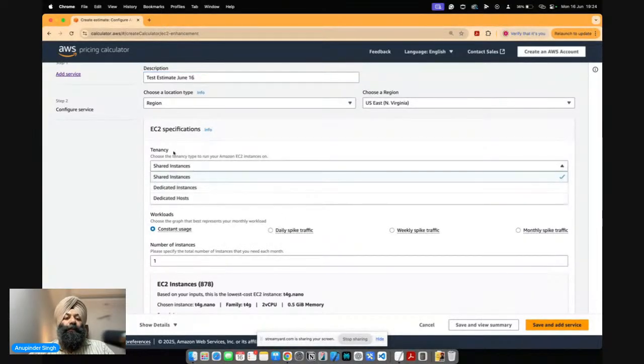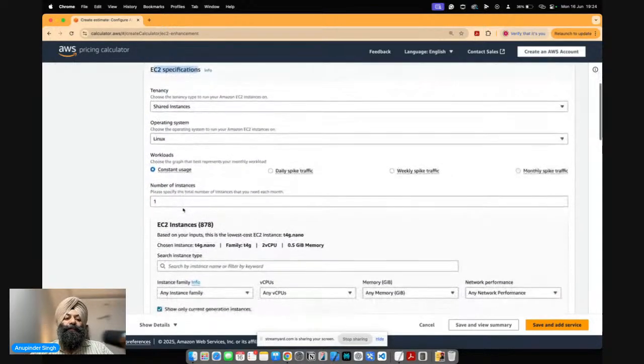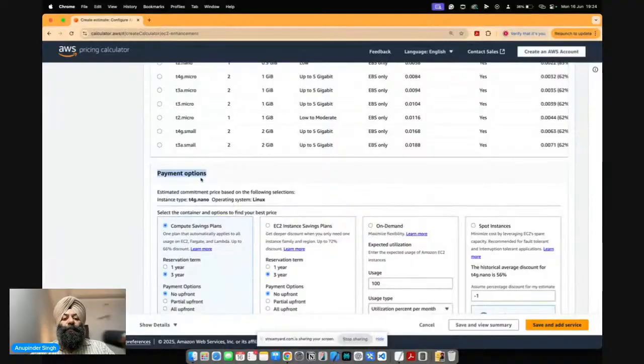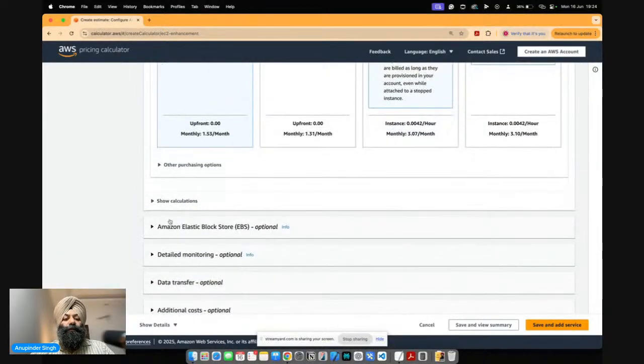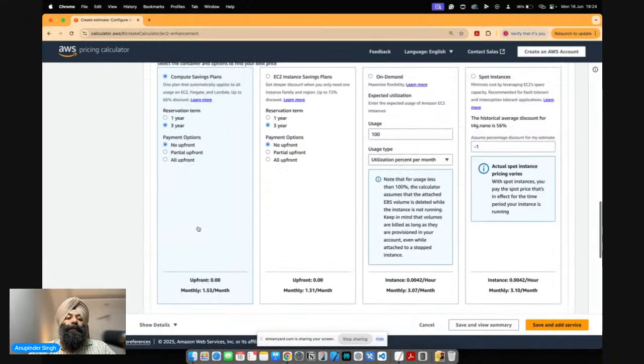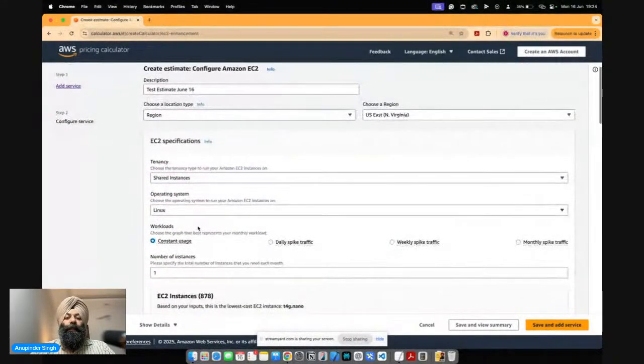Then उसके बाद second चीज आप देखोगे EC2 की specifications, and these specifications are regarding its tenancy, operating system, what kind of instance you wanted to have. Then comes as a payment option. After that, it comes as a elastic block store, what exactly you wanted to host on. Then in case you want to have a monitoring, तो वो आ जाएगी. Data transfer अगर आपने करना है वो आ जाएगा, उसका कॉस्ट आ जाएगा. और इफ देयर इज एनी अदर कॉन्फ़िगरेशन दैट यू आर ट्राइंग टू पुट इन, वो भी आ सकता है इसमें, राइट? सो नाउ लेट्स गो टू द टॉप एंड फिल इन ऑल द डिटेल्स क्विकली वन बाय वन.